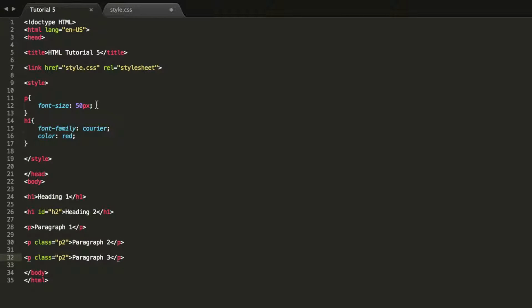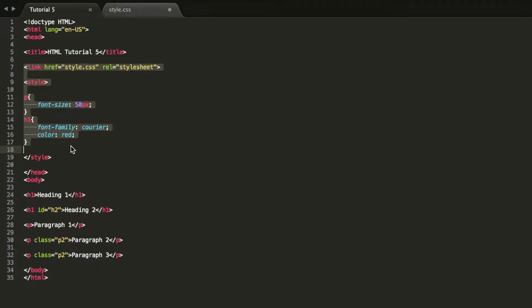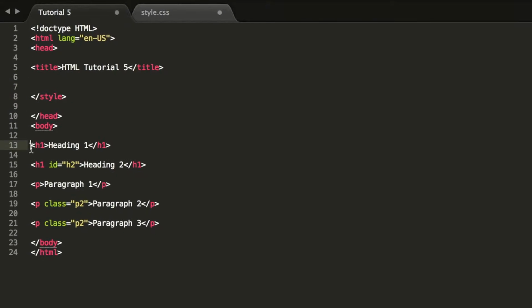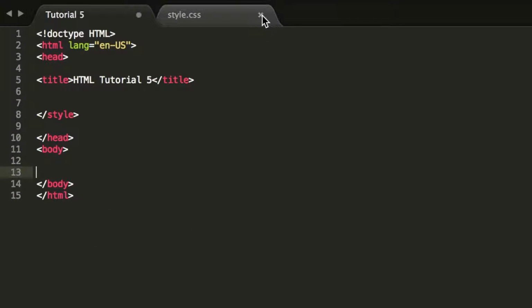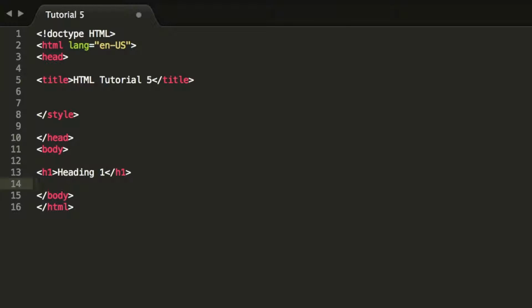So this is a preview of what we are gonna do today. I'm gonna just remove all these things and start from scratch so you can easily understand. Okay, so the first thing I'm gonna do is write two tags. One is h1 tag. I'm gonna write heading 1 in it, and the second is a paragraph tag. I'm writing these tags so I can apply styles to them so you can understand easily. Okay,